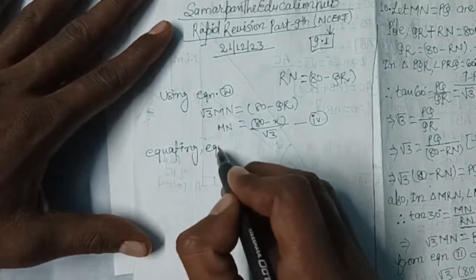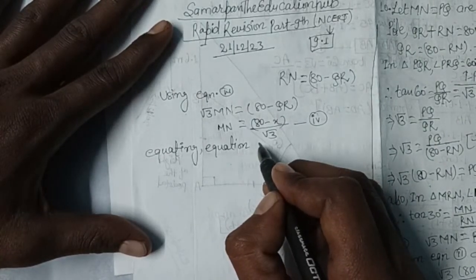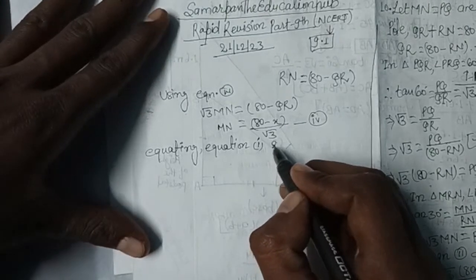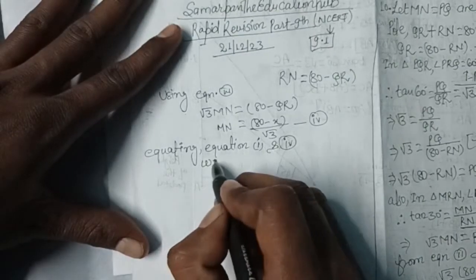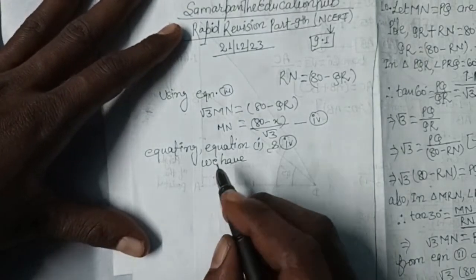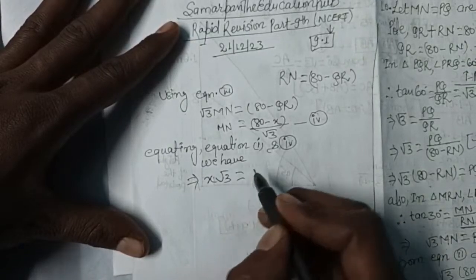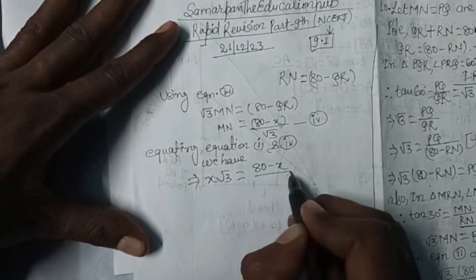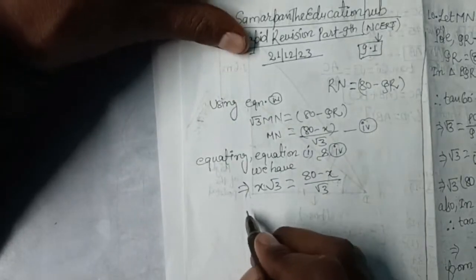Equating equation first and fourth, we have x√3 equals to (80 minus x) upon √3, and it will become